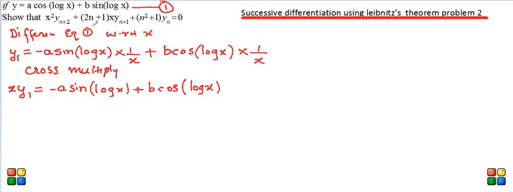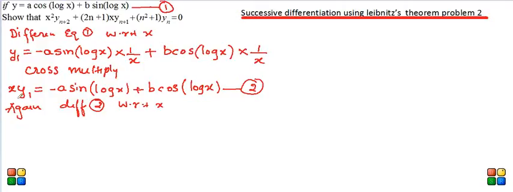Again as a rule, we differentiate, but this time equation number 2